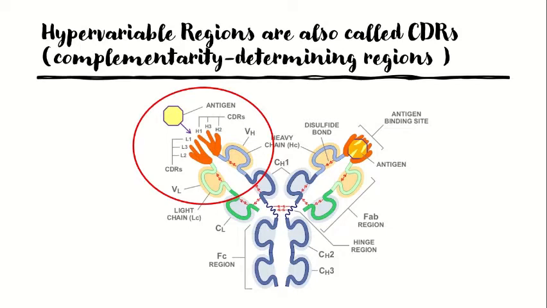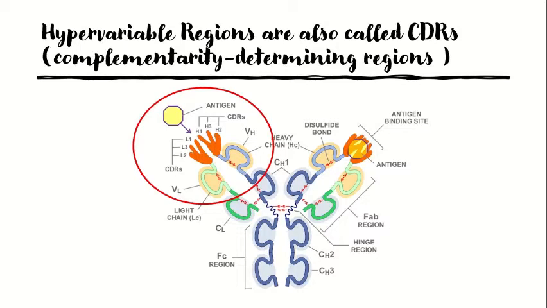So in most of the cases, the CDRs from both the heavy and light chain variable domains contribute to the antigen binding site. Thus, it is the combination of the heavy and light chain that usually determines the final antigen specificity, and one of the ways in which the immune system is able to generate antibodies of different specificities is by generating different combinations of heavy chain and light chain regions.